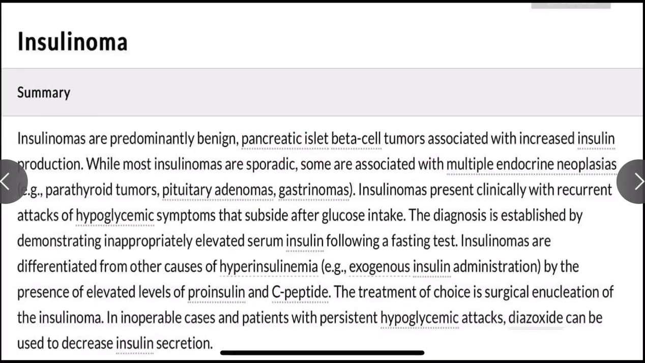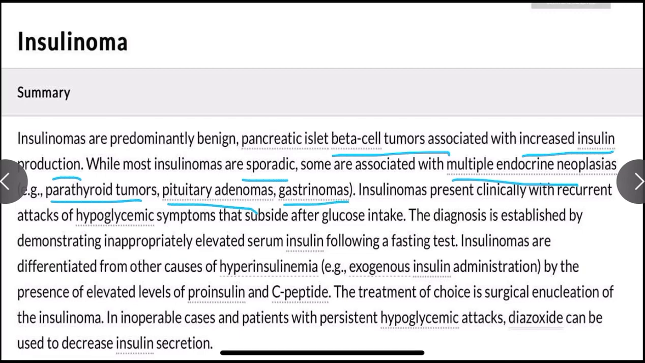So guys, insulinomas are predominantly benign beta cell tumors that are associated with increased insulin production. Okay, so it is a tumor which will increase insulin production, while most insulinomas are sporadic. What does sporadic mean? Let me tell you. Sporadic means that it is not associated with genetics, it does not run in the family. Okay, and some are associated with multiple endocrine neoplasia, for example parathyroid tumor, pituitary adenoma, and for the pancreas here